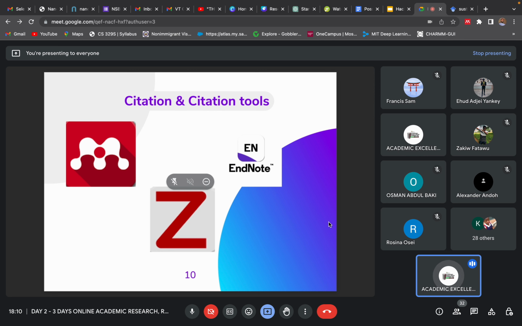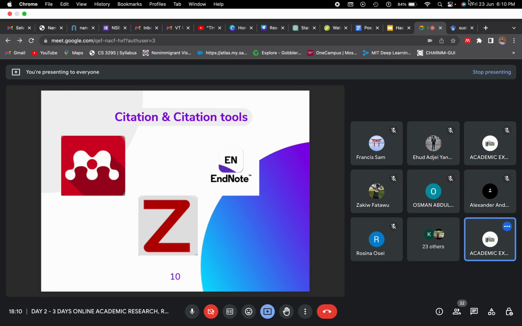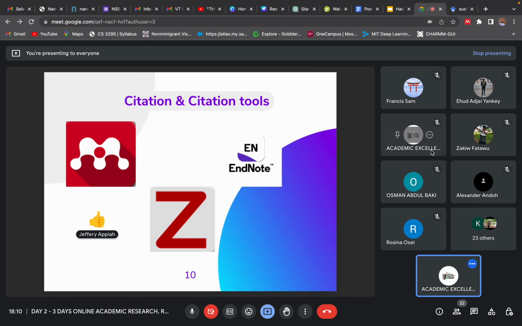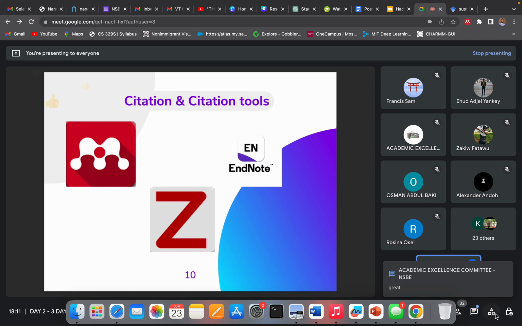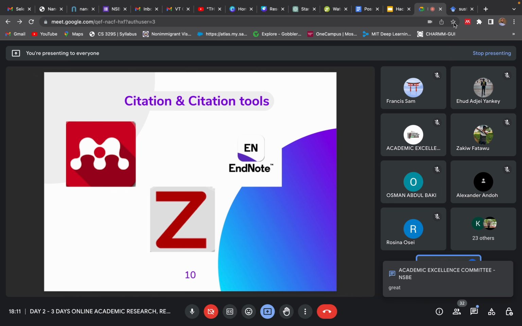So I hope by now most of you have your Mendeley installed, right? Do you all have your Mendeley installed? Yes. Okay, I presume you have that. Do you have the web importer as well? The Mendeley web importer. Okay. So once you have the Mendeley web importer, let's head to